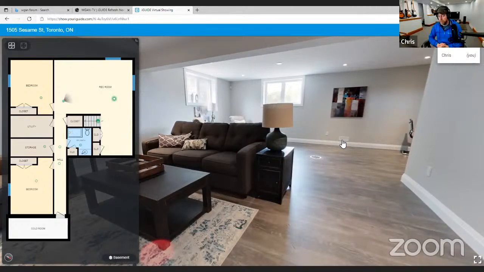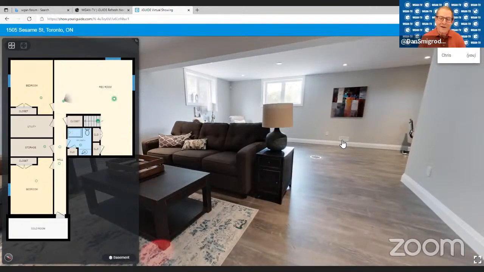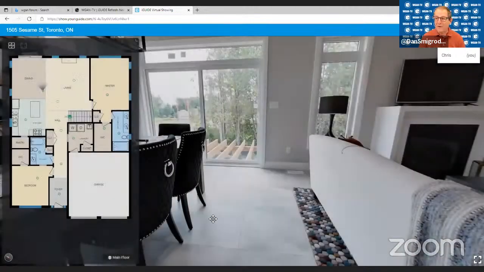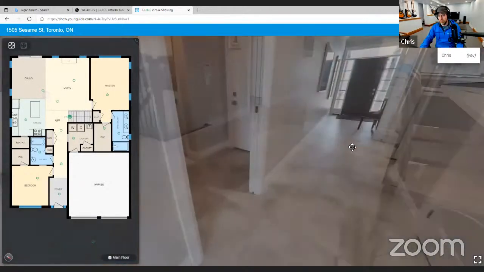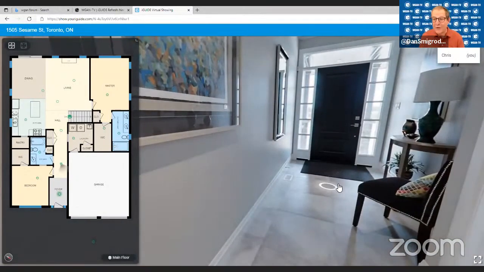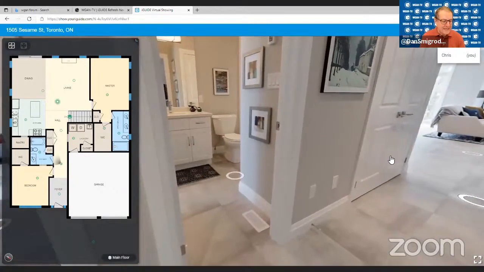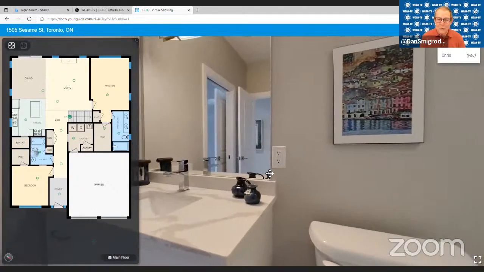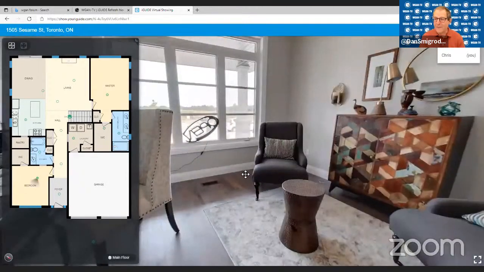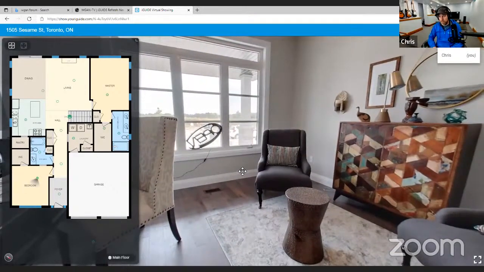That's exactly right. So now I could imagine, Chris, you might say, okay, I'm on the phone with my client and I've just passed them the link and I'm talking to them, or it could be by Zoom or Skype or any other way that I do a voice chat or a video chat. But this is a virtual showing where you're in control. You got it. So you can imagine this would be very much like a showing, except online.